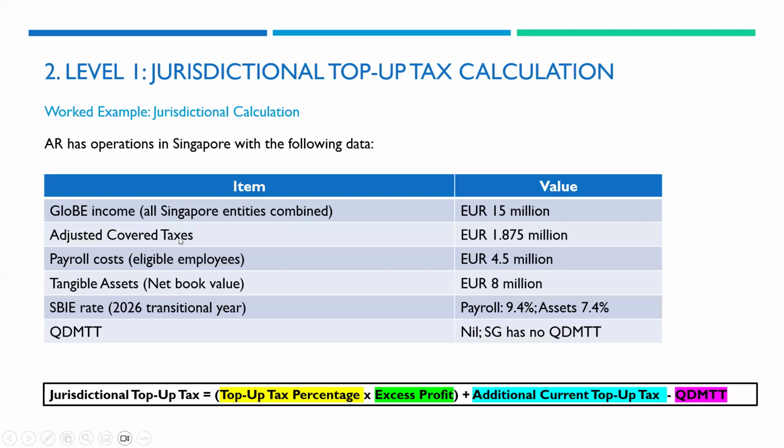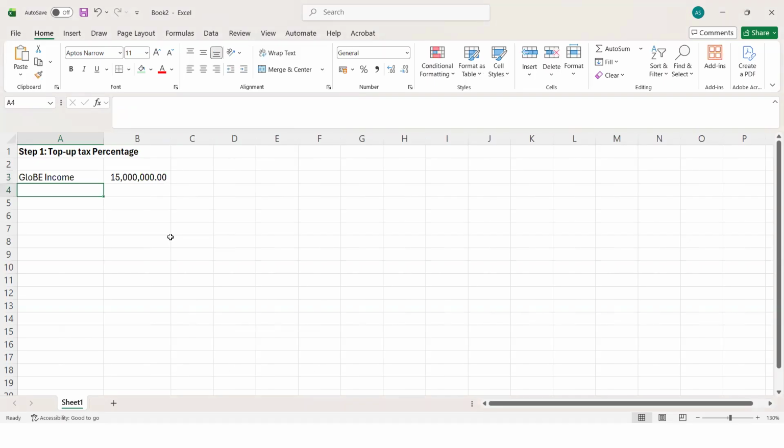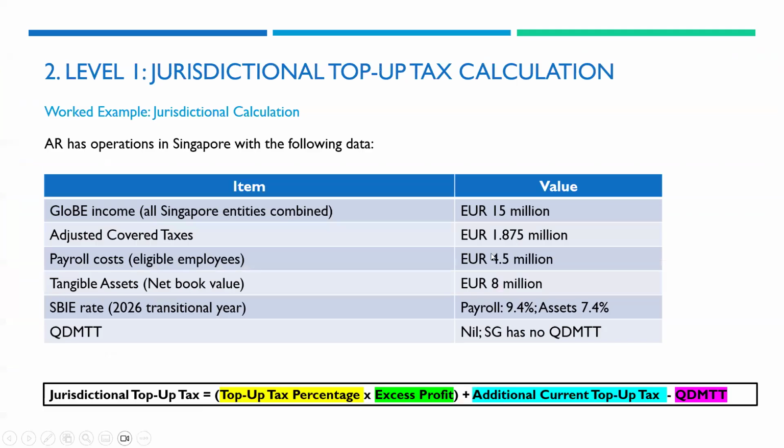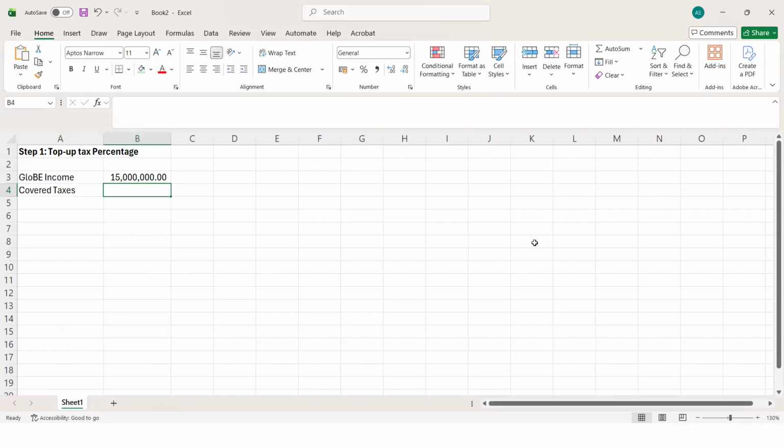And what is your adjusted covered taxes? Now, covered taxes means the tax actually paid in that jurisdiction, say corporate tax or any other tax, say capital gains tax, wealth tax. There are a lot of direct taxes, right? What is paid in that jurisdiction? What taxes are covered would be given out by each jurisdiction, and you have to take the total tax. So, what is the covered taxes? So these are the corporate taxes and wealth tax and all the other split, which is 1.875 million, 1,875,000,